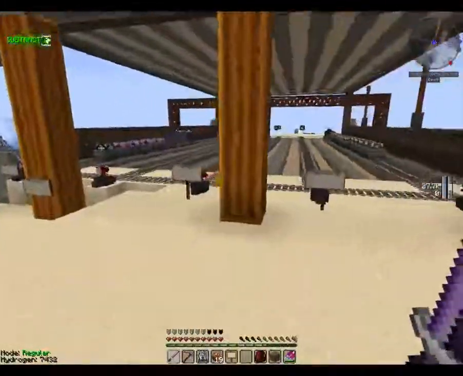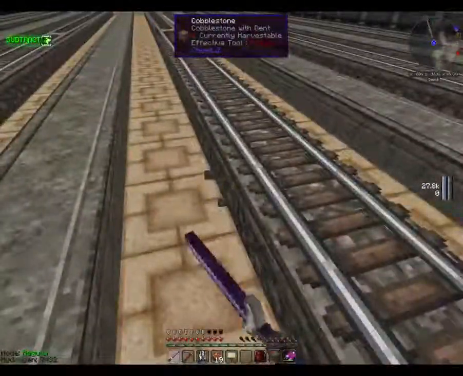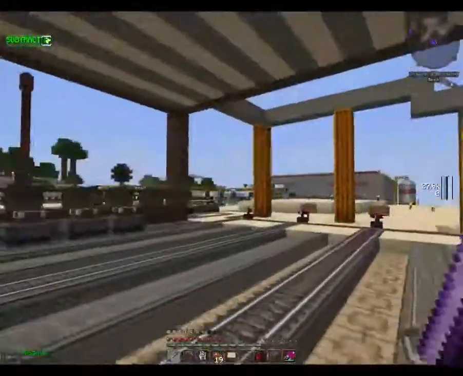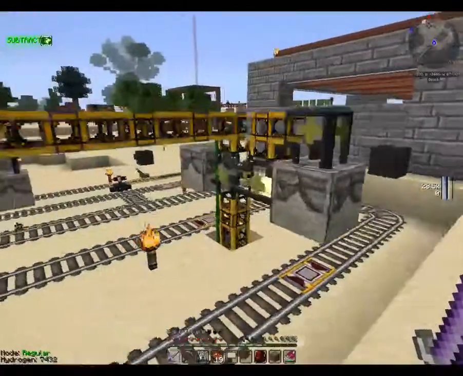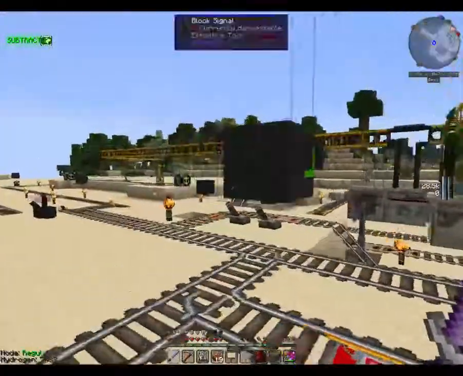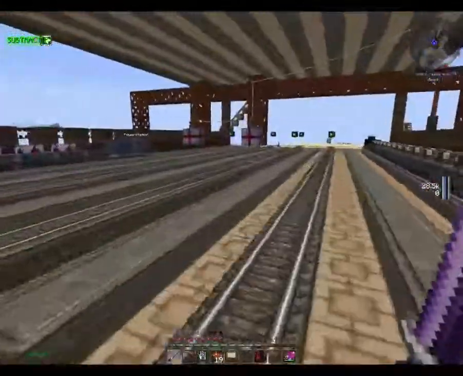Let's see. So here's our forestry line. This one won't really change much. Basically, I will have item extraction here, and then down here it will be fed with the dirt that it needs. And that will be over there, and each line is going to have its own fueling. I'm thinking maybe,